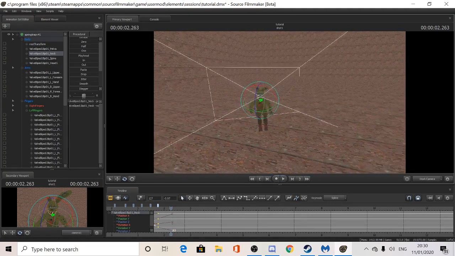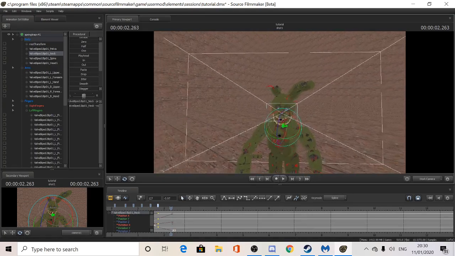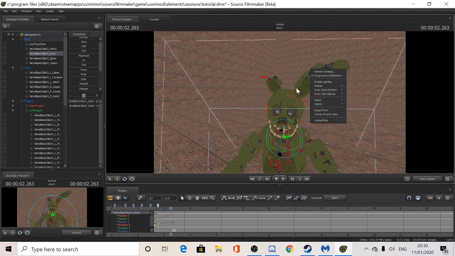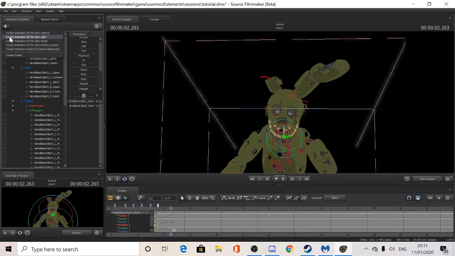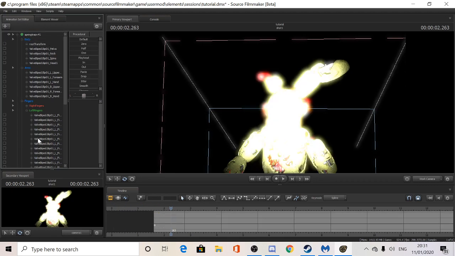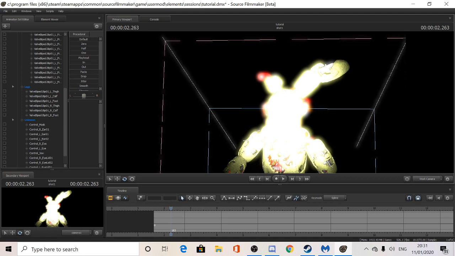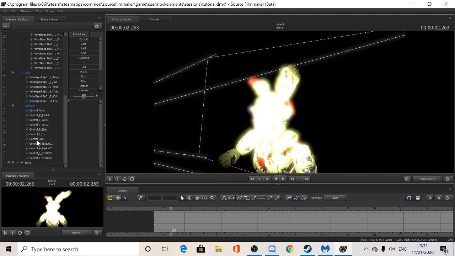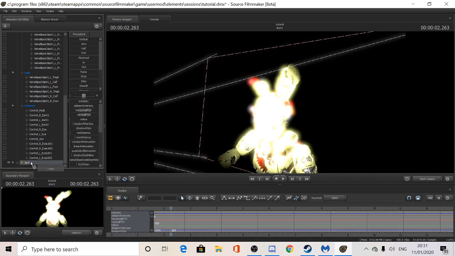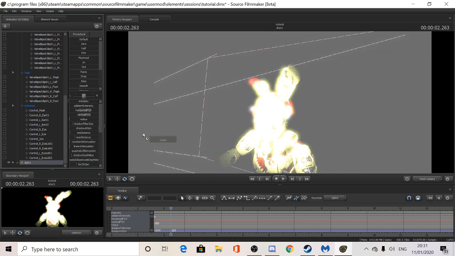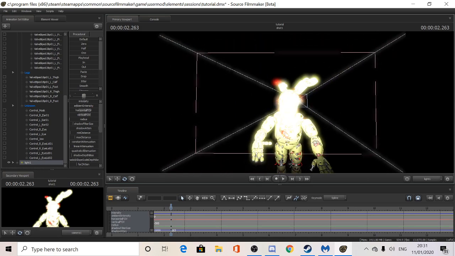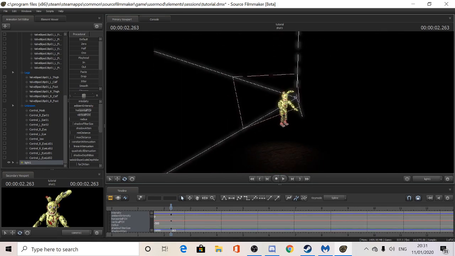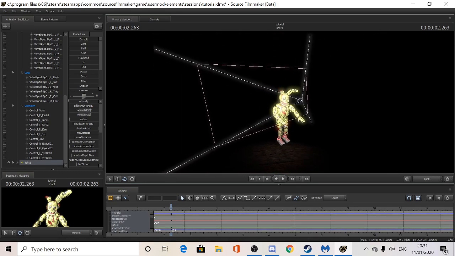Now for lighting. So what you want to do for lighting is you want to right click, enable lighting. You want to go up here, click create animation set for new light. You want to click that, and you see you can't just move it all freely. No. You have to go down here, click it, and just drag it with left click, hold it, drag it, and now you have control over the light. And then you can position it,